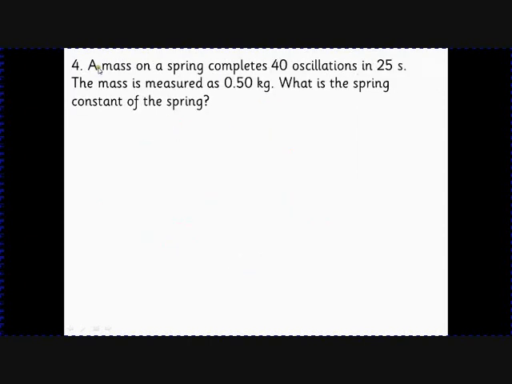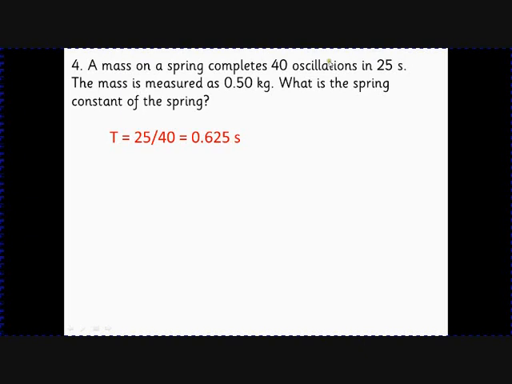Okay, last one, they love to do this as well. A mass spring system completes 40 oscillations in 25 seconds. The mass is 0.5. What's the spring constant? So the first step here is to work out the period. It's really easy to go the wrong way around here, but you should notice if you've done that. So the period for one oscillation is going to be the total time divided by the number of oscillations,